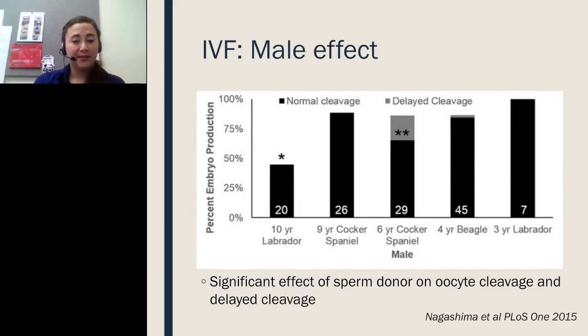What we did see an effect of, surprisingly, in a way, was the male donor. This is something that we looked at toward the end. We had looked at the sperm during the capacitation experiments, and there was no difference in the capacitation ability of the different males that we had used as sperm donors in the project. So we were a little bit surprised to see such a dramatic effect in some of these with regard to embryo production. The 10-year-old Labrador was perhaps not super surprising since he was a little bit older than the rest of them. However, what was interesting was this 6-year-old Cocker Spaniel male having a very high percentage of embryos